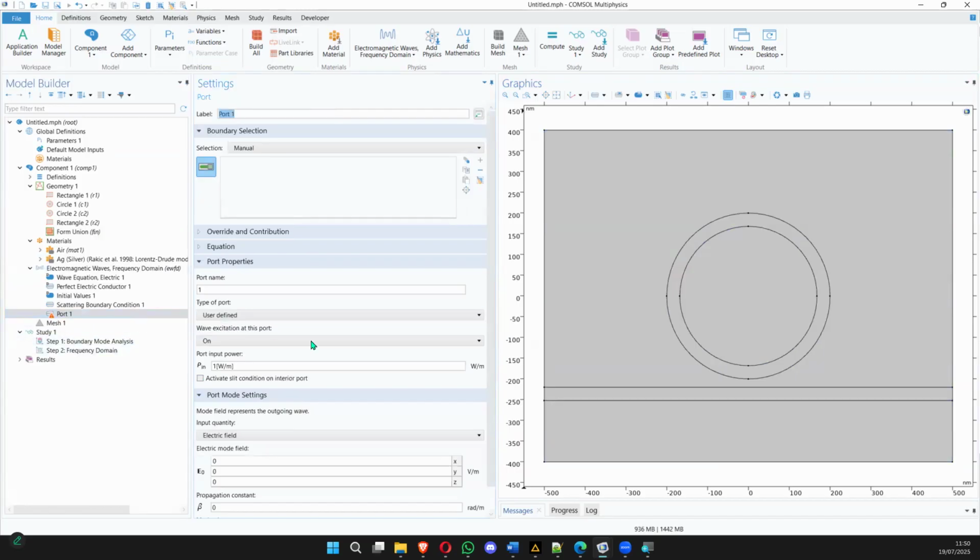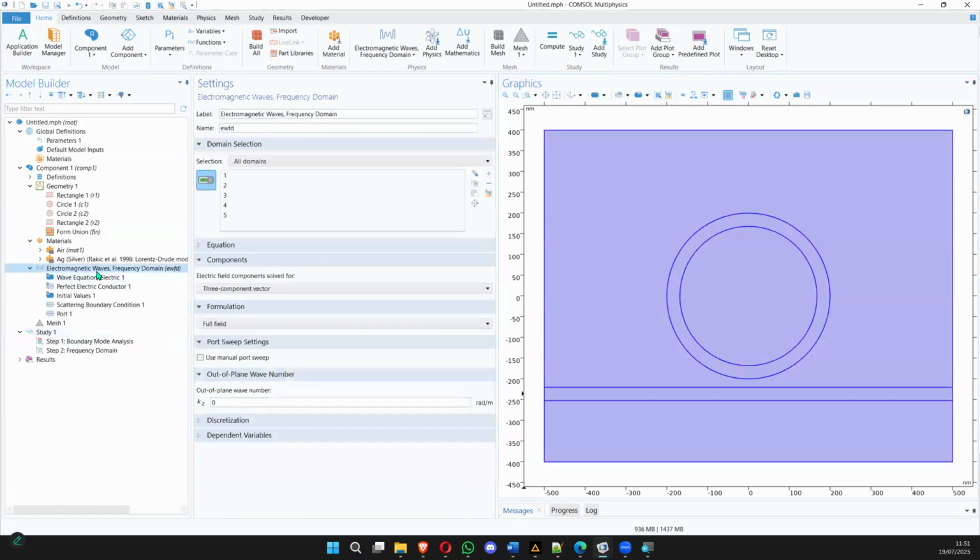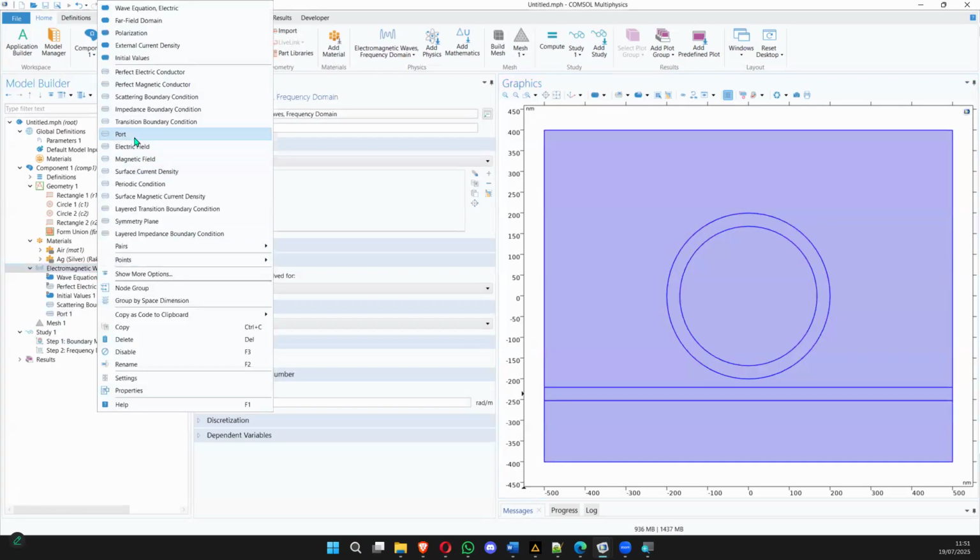So once you have clicked on port, select this port because this is the input port. So first select this one. You see an arrow will be shown here. Okay. So once you have done this, again go to electromagnetic wave frequency domain, right click and again select another